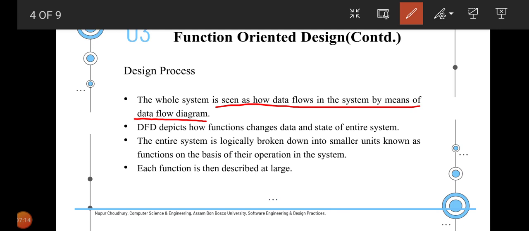So this is something we have been discussing from the very start of this session. However, we have to understand that the first pioneer diagram which is used to incorporate function oriented design essentially is the DFD, which primarily deals with the data flow which is going in and out of the different processes or different functions in a particular system.